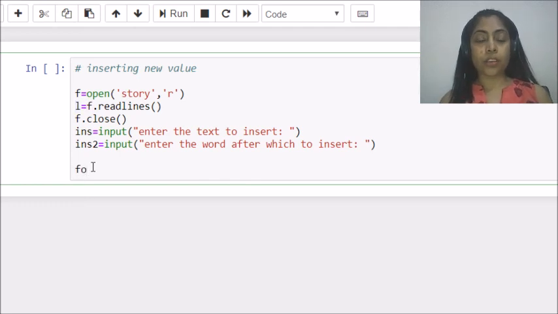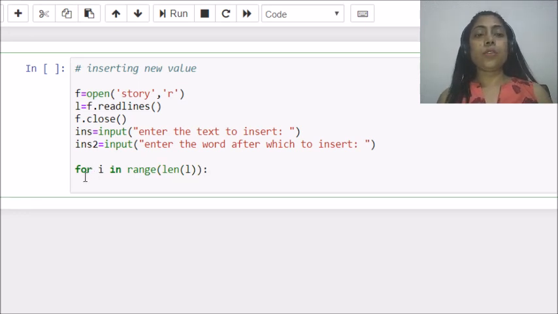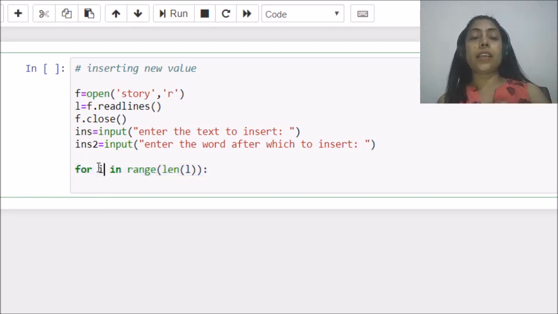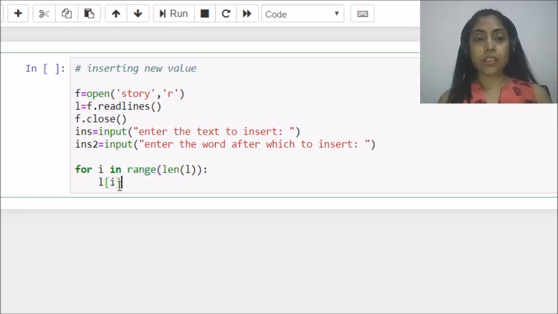For that I am using a loop. This loop means I am taking one line at a time, not a line itself, it will give the index of the lines. So by default it will start from 0 and go up to the last line. So the first index is the 0th index. It will automatically start from 0 because I have used the range function without an initial value. So let's do the modification inside this.